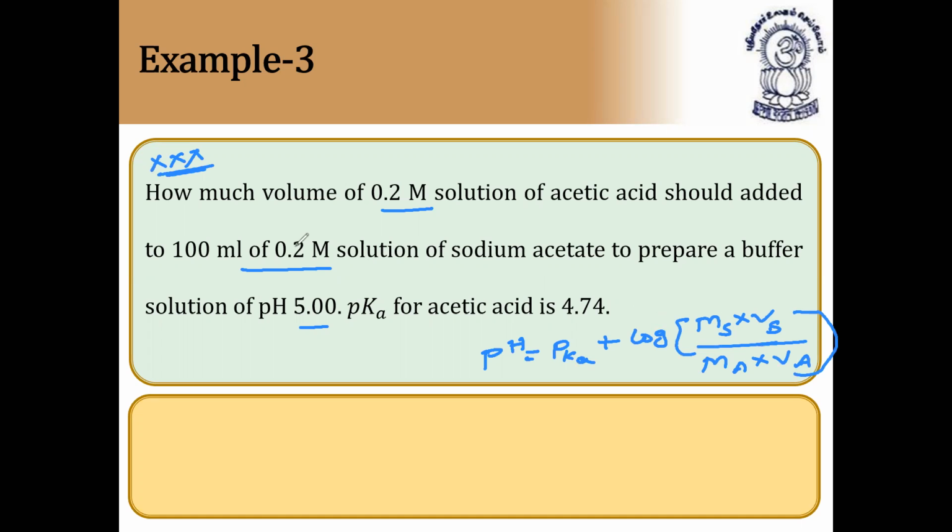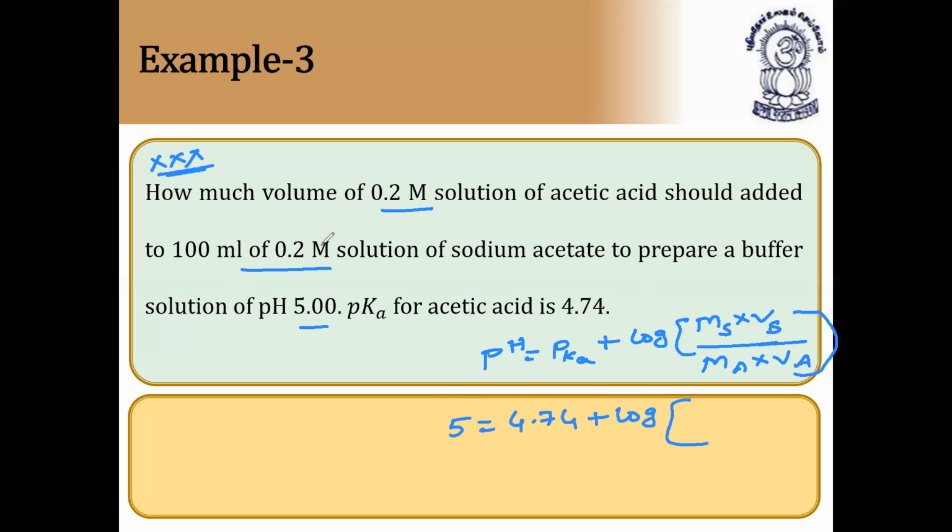So they have given the sodium acetate molarity and volume. The molarity of acid is given, but the volume of acid is not given. So straight away we can use 5 is equal to, because pH is given as 5, 5 is equal to pKa, that is 4.74 is already given, plus log of